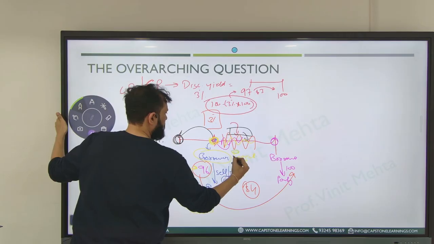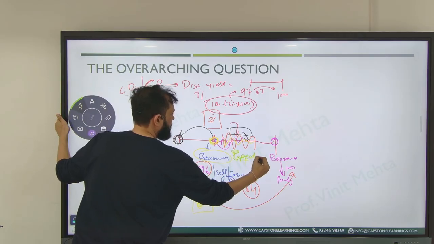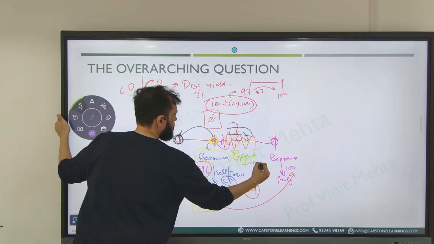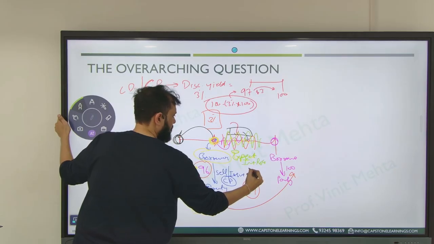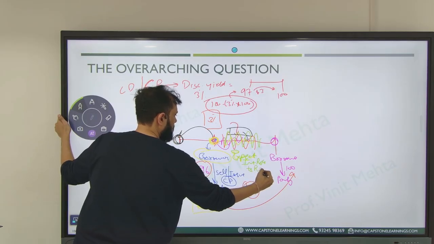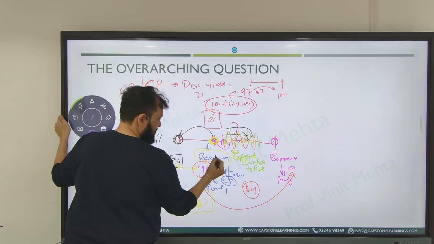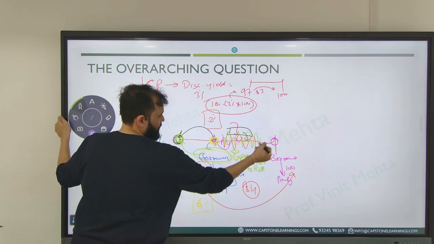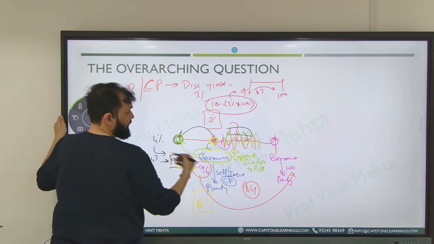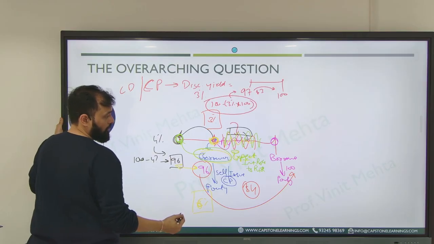Okay, this person is expecting the interest rate for this period to rise. Where is this borrower standing? This borrower is standing over here. So he's standing over here and saying that, hey, for this period the interest rate is going to rise. Let's get into an interest rate futures contract to sell the fixed income security.